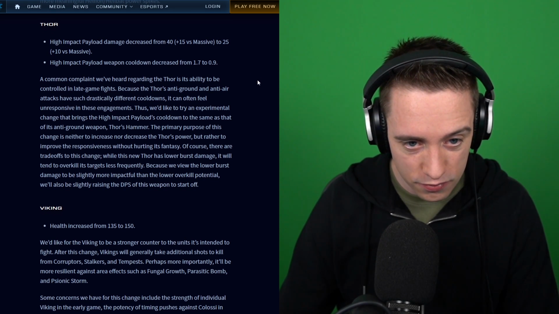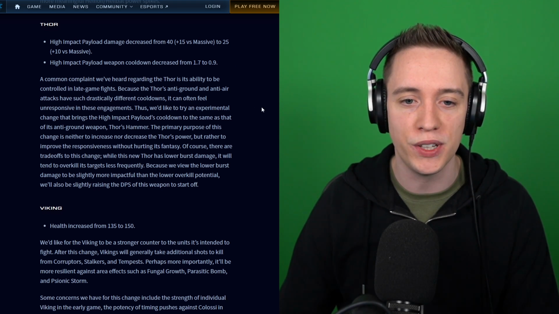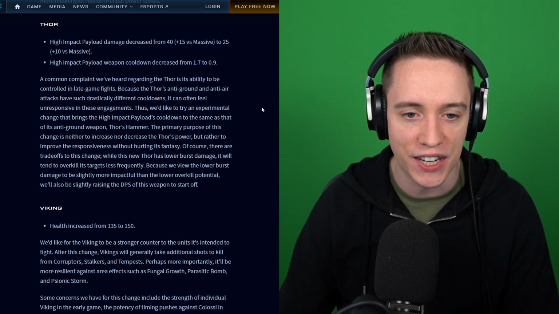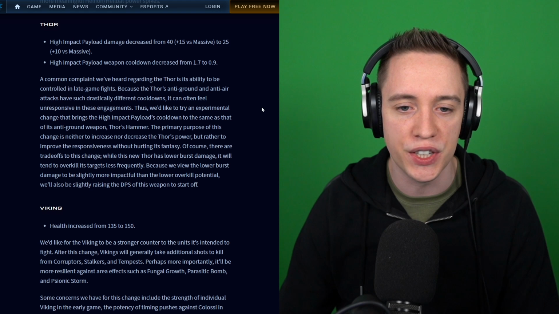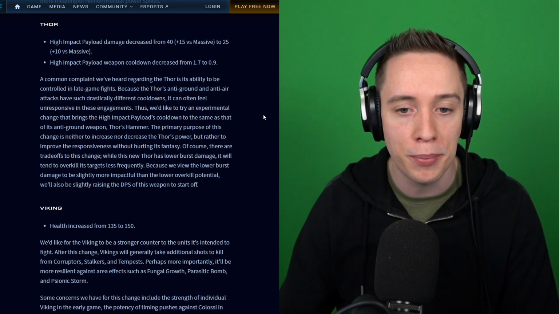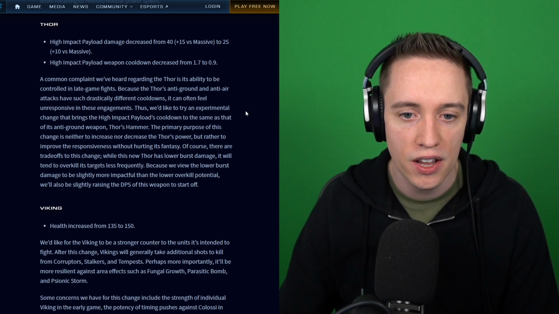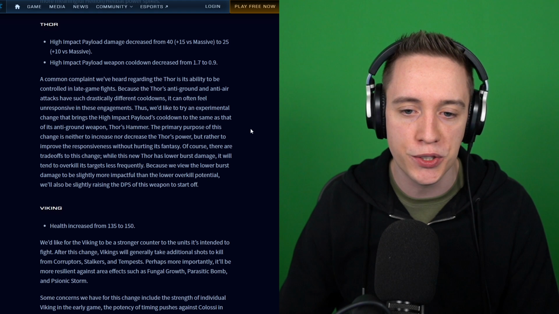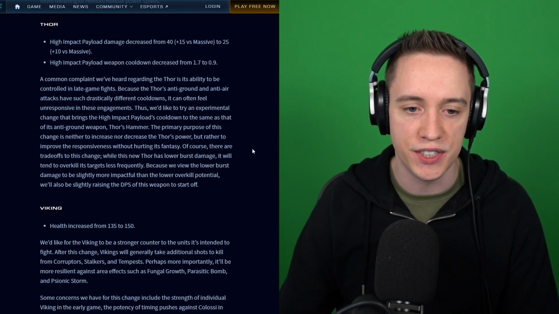A common complaint we've heard regarding the Thor is its ability to be controlled in late game fights. Because the Thor's anti-ground and anti-air attacks have such drastically different cooldowns, it can often feel unresponsive in these engagements. Thus, we'd like to try an experimental change that brings the high impact payload's cooldown to the same as that of its anti-ground weapon, the Thor's Hammer. The primary purpose of this change is neither to increase nor decrease the Thor's power, but rather to improve the responsiveness without hurting its fantasy. Okay,